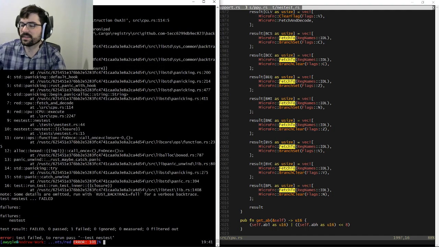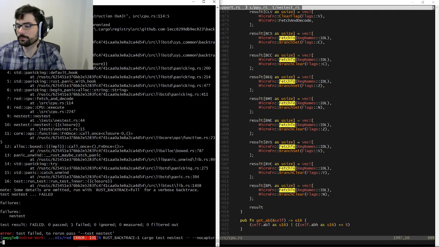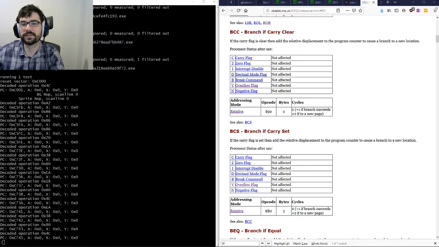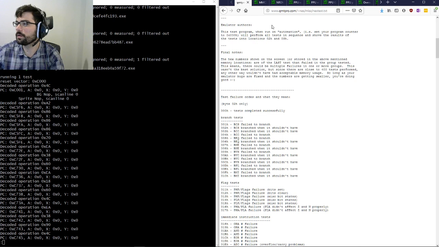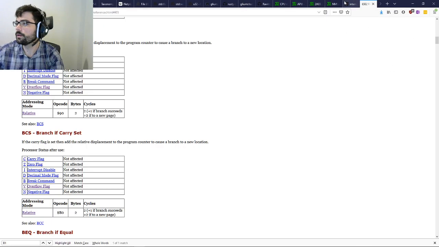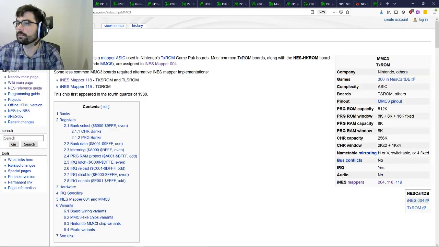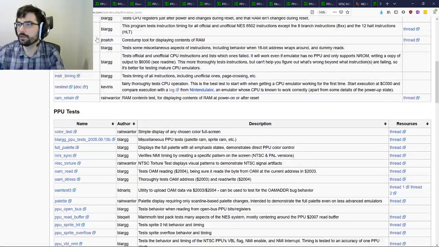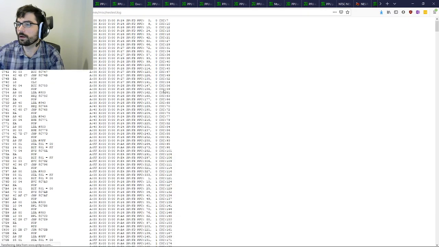We're just going to run nest test and start at the beginning and compare to the golden log and see where we screw up, because I remember it being relatively early. So... log. Okay.